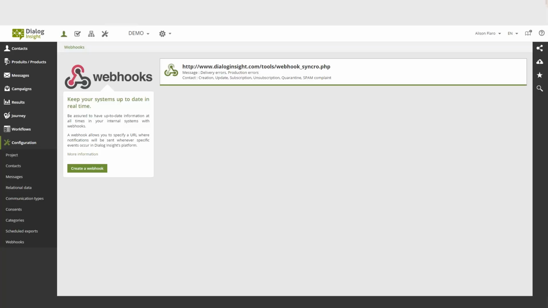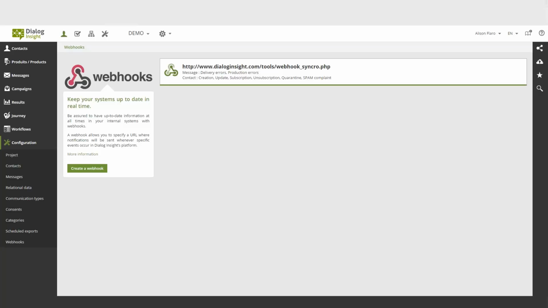So here we are in the webhooks that I started to talk about a minute ago. Webhooks are a way of sending information on changes and activity, inside of the Dialog Insight marketing platform to an external system. There are lots of options for this. An idea of an external system might be your own CRM or other internal systems. So in this way, we're trying to give you more of a 360-degree view of what your contacts are doing. So Allison is going to discuss some of the options. It's a little on the technical side, but we're happy to help you if you want to investigate this feature